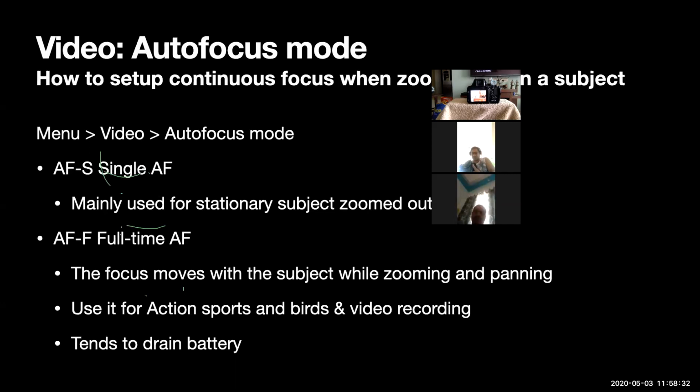All right. The full time AF will also take a lot of battery. Please note that in camera mode also there is AFS and AF, and that takes a lot of battery. So I would suggest when you are taking photographs, use the single AF mode. When you're taking video of moving objects, and especially you are zooming out and zooming in, that's the time you can use the